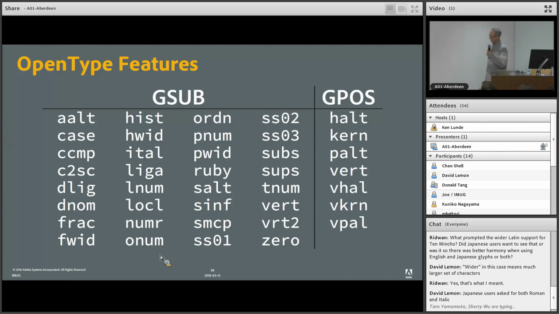Okay, you know what the stylistic set features are? Okay, so we have not yet deployed Mincho with the SVG table. There's reasons we haven't done so, but I can't say why here. But once we do deploy Mincho with an SVG table, if you type the characters that correspond to the color glyphs, it will be colored by default in applications that support SVG fonts, like